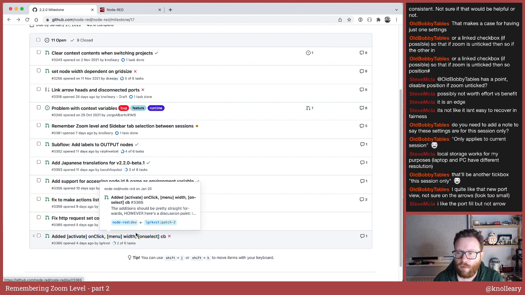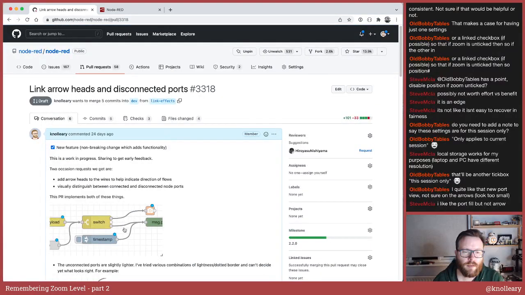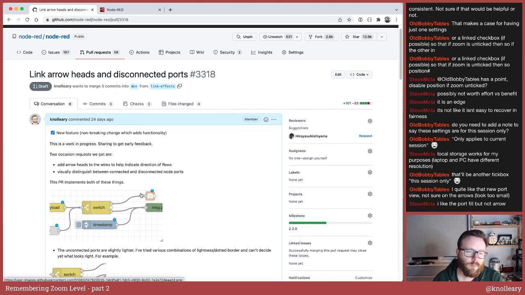Who knows? And I will reiterate, whatever tweaks may happen to their appearance, the arrowheads would be an option you turn on. They would not be on by default.